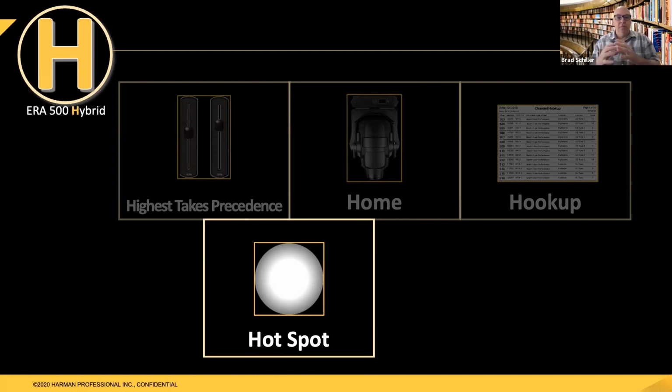Some people find a hotspot very inefficient because the output of the light is brighter in the center and there's a lot of fall off. But at other times, people want a little bit of hotspot and they don't want a flat, even field so that they can overlap fixtures together to make a wash. So it's really up to the designer and their individual preference, whether you like a hotspot or not.